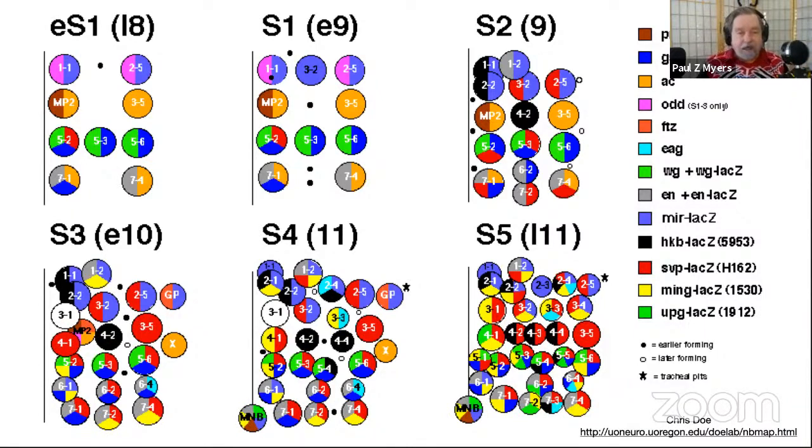So you see the staining, the label here. So there's Ftz, for instance, Fushi tarazu. That's the pair-rule gene, expressed in every other segment. And now in the nervous system, in every segment, it's expressed in a subset of the neurons in here. So there it is turned on right in here. Similarly, there are some others like odd-skipped, another pair-rule gene, wingless, engrailed, all of these really familiar genes from segmental pattern formation